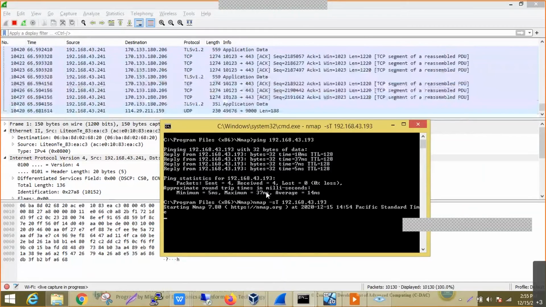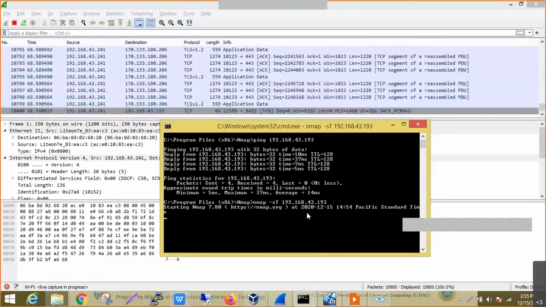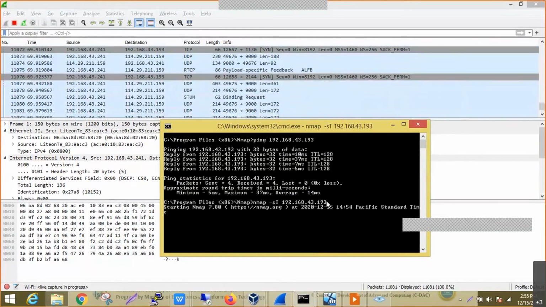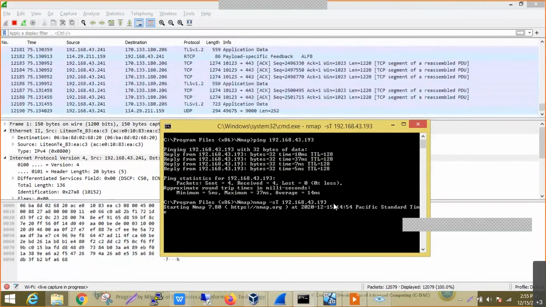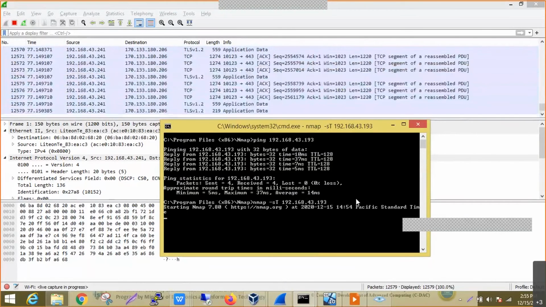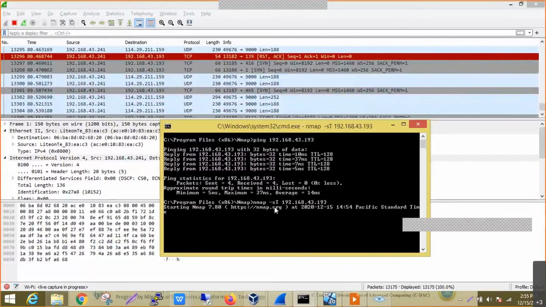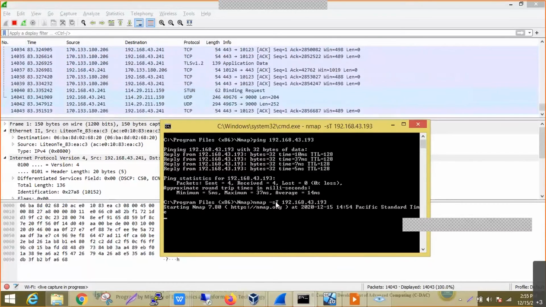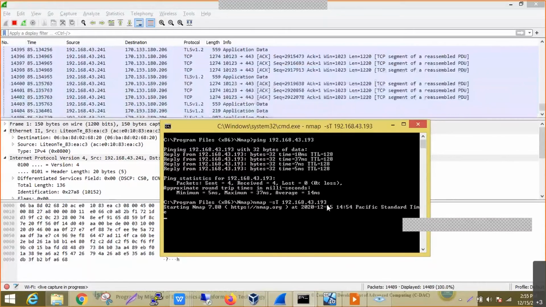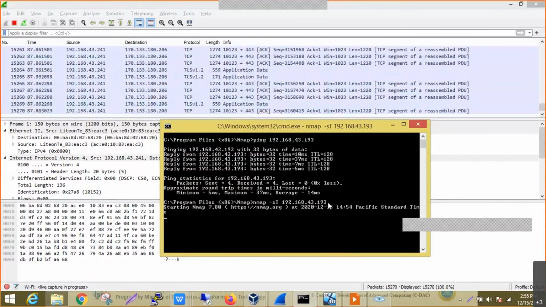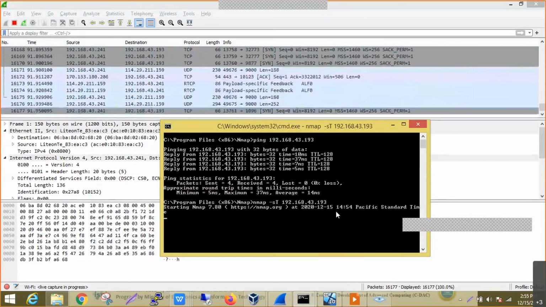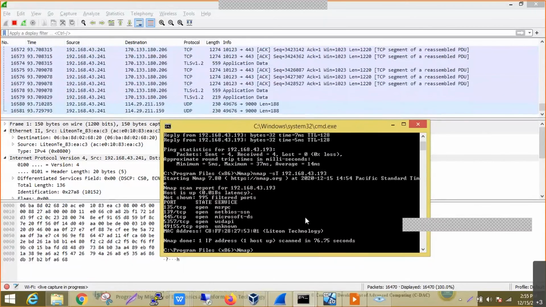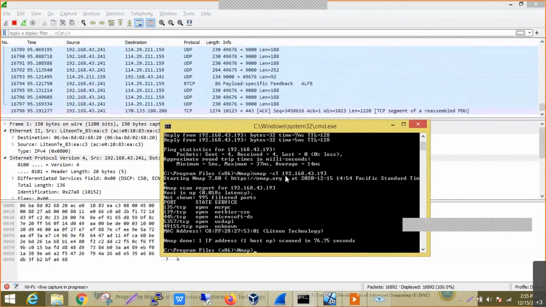to be scanned, where we can also mention a specific port using the parameter -p, where it will also give a set of ports that can be scanned instead of scanning all the ports. Now in this scenario, the simple command we are giving will actually try to scan all ports that are available on this particular destination, and try to check whether those ports are open on the system or not. Now we have got this communication.